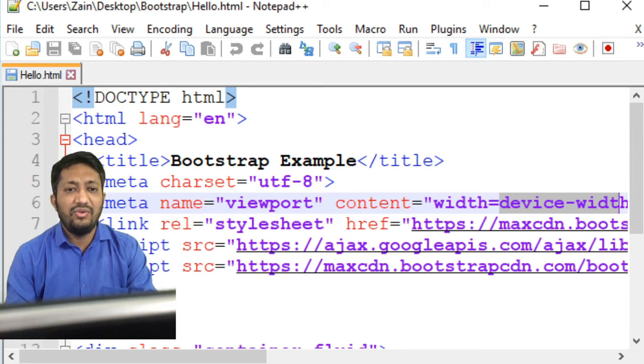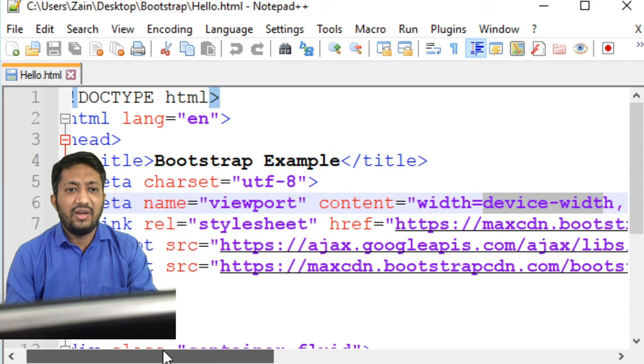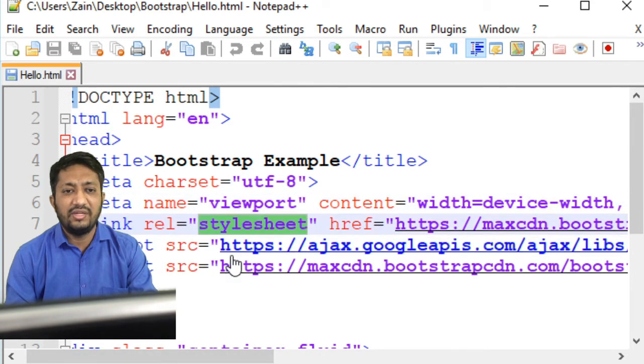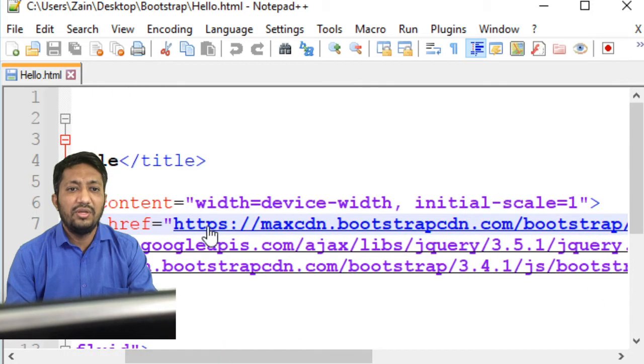In our head portion, we have to define both the CSS file and the JS file compulsorily before any scripting. If we are using the CDN here, then first we have to write both the CDN files related to our Bootstrap. First we write link rel equal to stylesheet. From this line you can imagine that it is related to our CSS file. From where does it get the particular source? That source will come from https://maxcdn.bootstrapcdn.com. In a previous Bootstrap video I showed how we can get the CDN data from maxcdn. MaxCDN is the official CDN that provides a Bootstrap CDN.